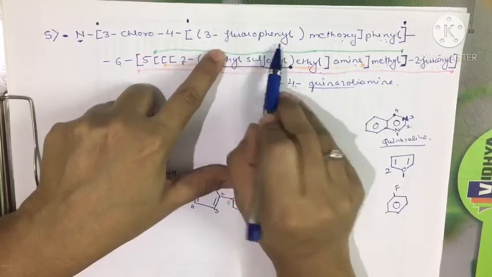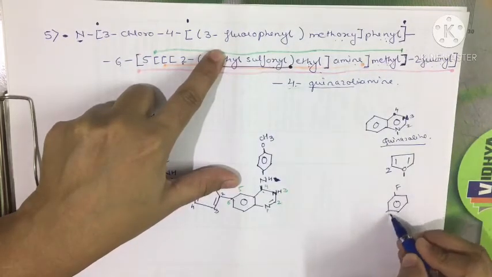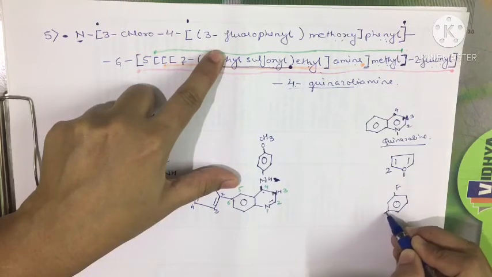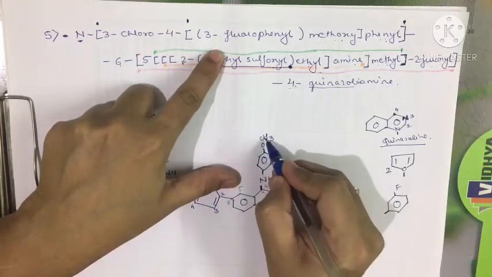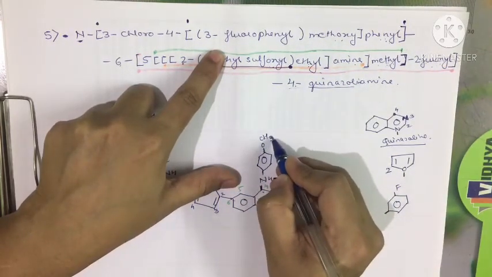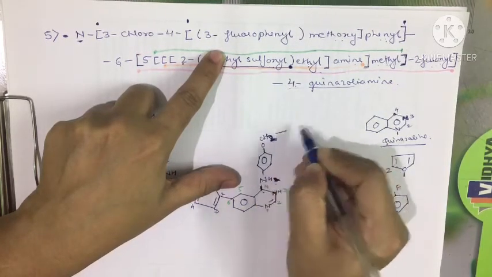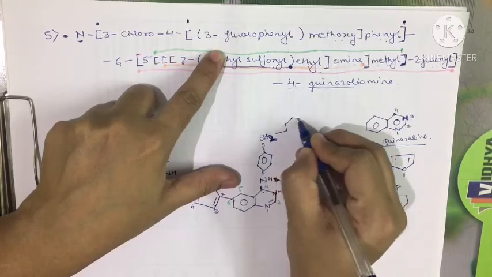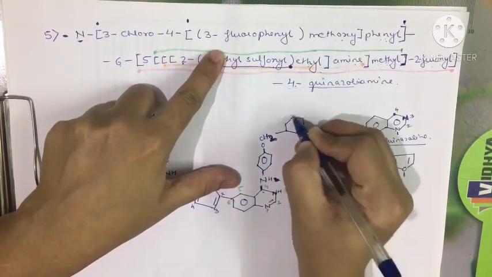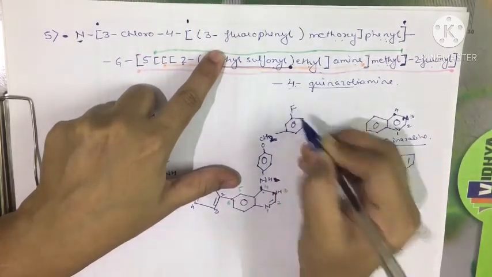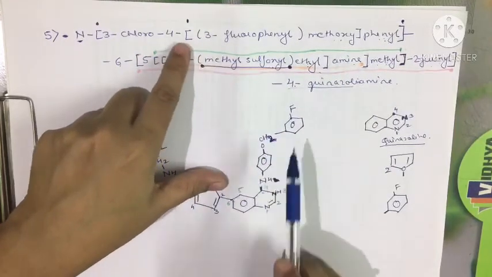3-fluorophenyl. Now what is this 3-fluorophenyl? We are having a fluorophenyl group. The 3rd position of this fluorophenyl is attached to the methoxy group. So I'll remove one hydrogen from here. Let us make this hydrogen 2, and we are having this fluoro group attached. But the structure is still not complete.